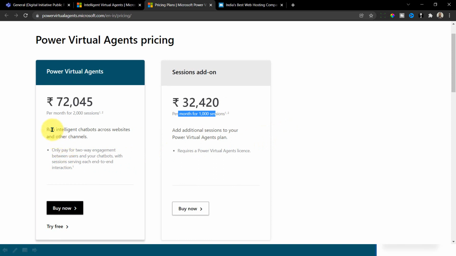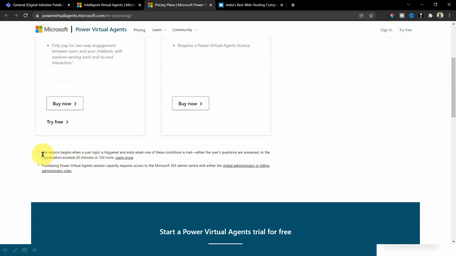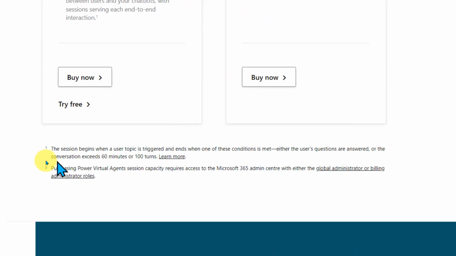If you notice here, it says run intelligent chatbots across websites and other channels. You only pay for two-way engagement between the user and your chatbot, with sessions servicing each end-to-end interaction. Let me zoom in here.